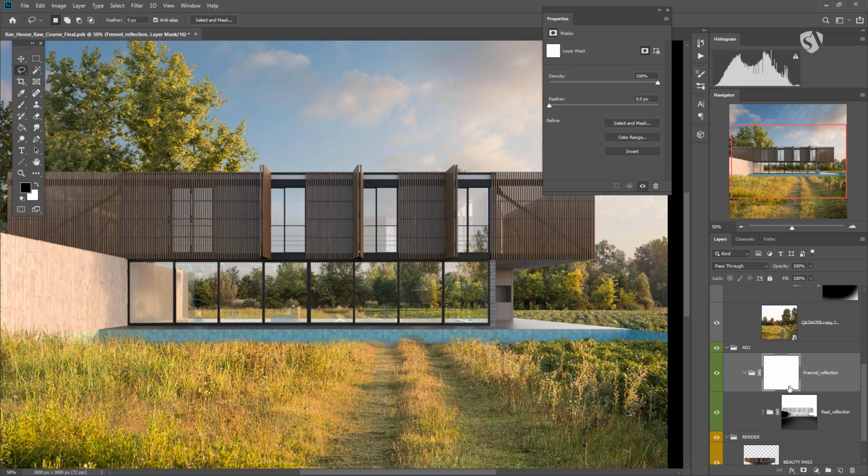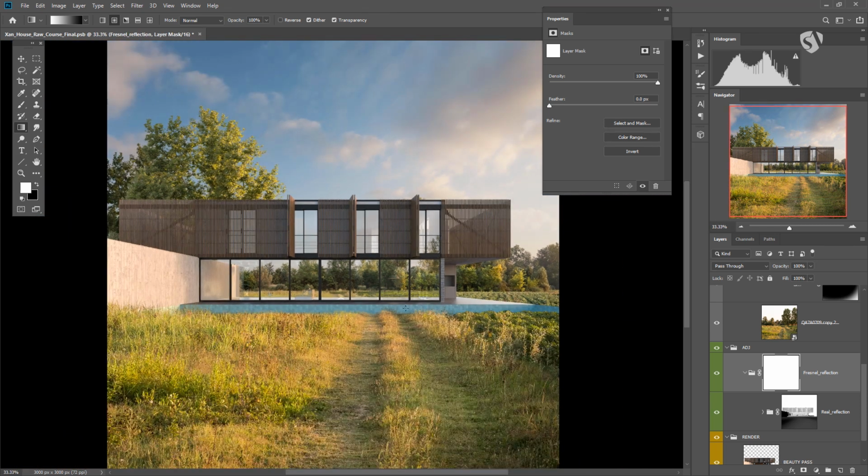Now we can take the gradient tool, radial, and we swap these two colors because we want to start from the center where the reflection is going to be stronger, and we put black as the background color. So we do this,